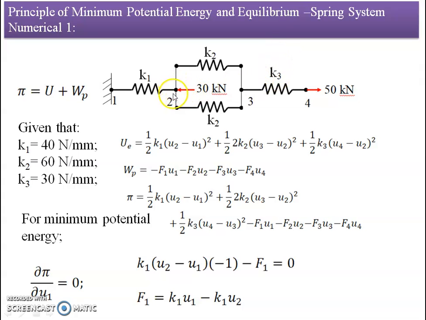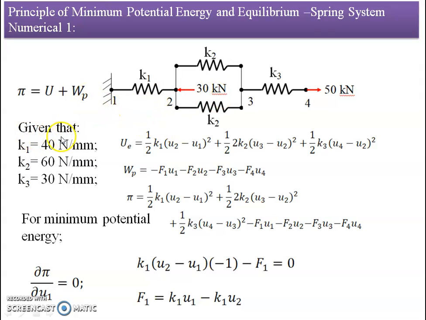At node 2 the load applied is 30 kilonewton going towards the left, which will have a pushing action, and at node 4 there is a load of 50 kilonewton applied, which will have a pull action, or tensile force. In the analysis, we are going to find the component parts of the total energy possessed by the system under the forces as well as with reference to its own capabilities, meaning strain energy plus potential energy due to external forces. So we'll go with reference to the given data.